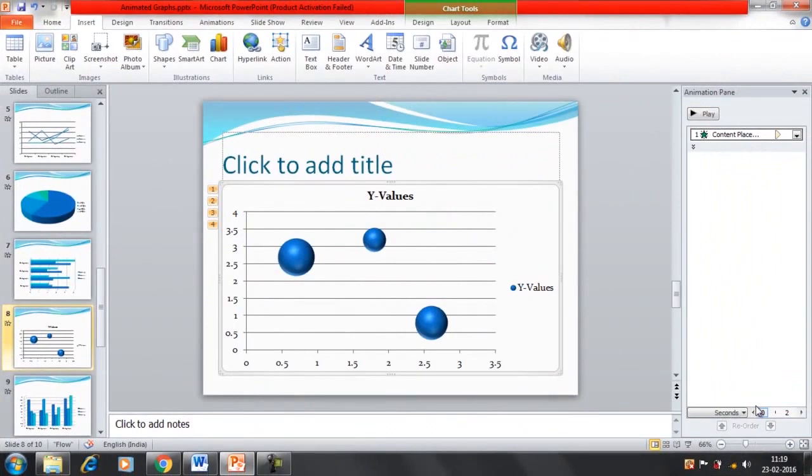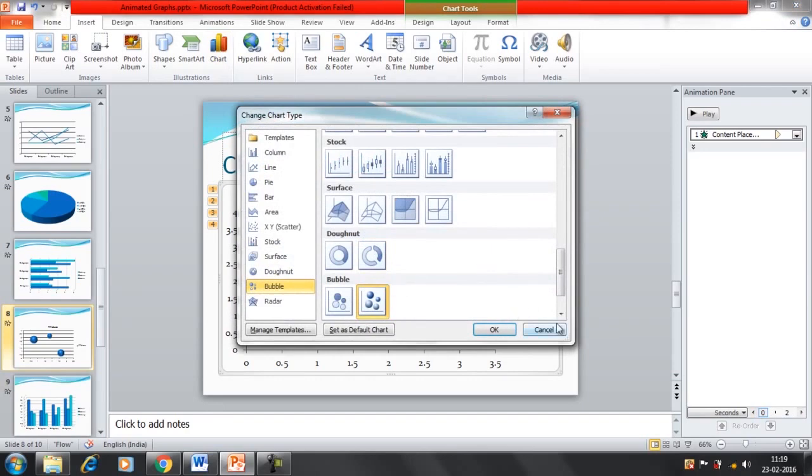Alright, so this is the other type of chart we have. This is the bubble chart, and the way to insert is the same. Once you insert this kind of chart,